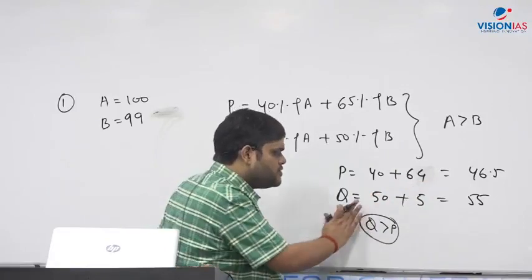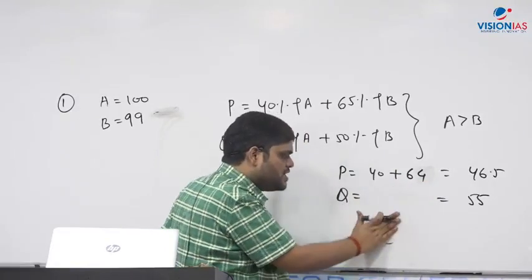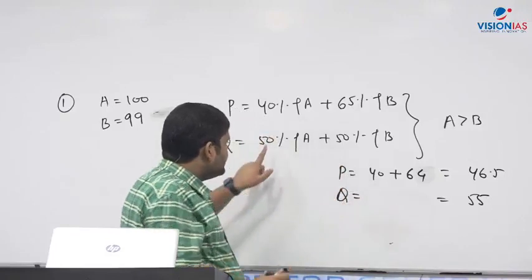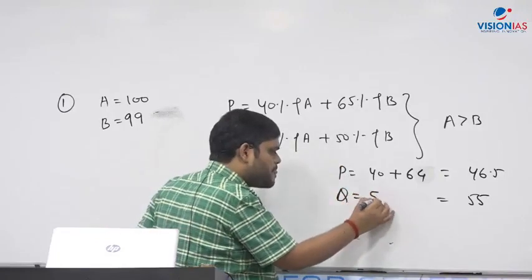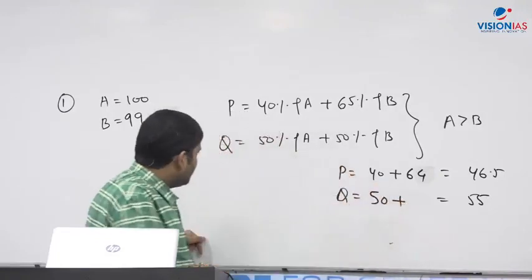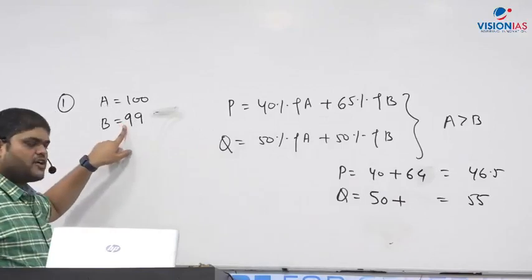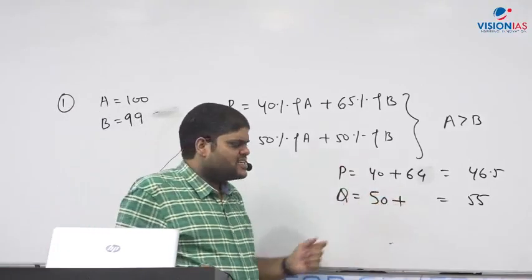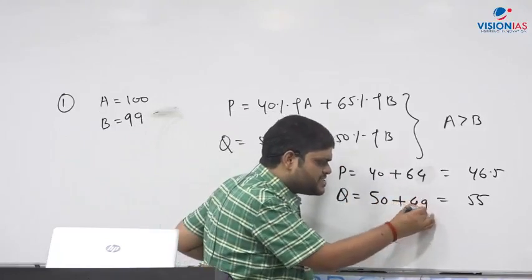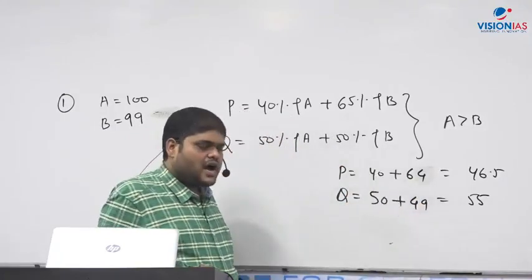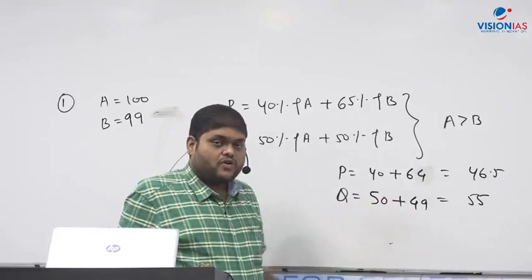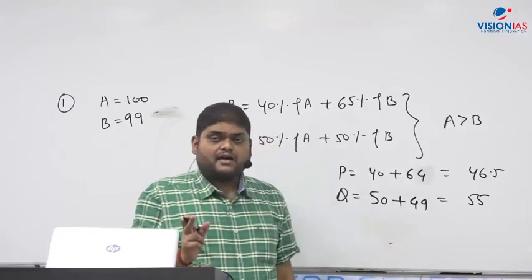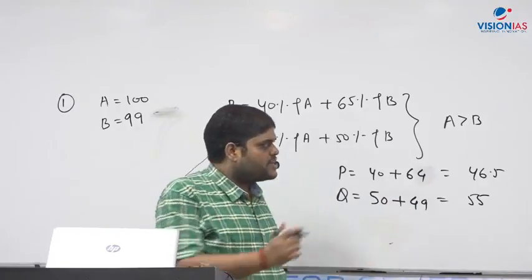Now let's find out Q. Q is 50% of A plus 50% of B. Again, 50% of 100 will be 50. This will be just lesser, so let's take it as 49. And if you add these two values, again remember, you need not solve it, okay, you are finding out